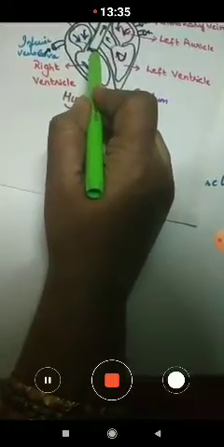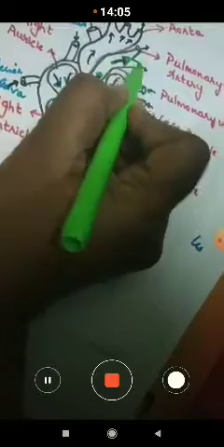Here also you can observe the valve, children. This valve is called the semilunar valve. So this valve opens. As the valve is open, the blood from the right ventricle moves in this fashion. The impure blood passes through the pulmonary artery, and here you can observe the two parts. This one will move to the right lung, and the other tube which is present here will move to the left lung.